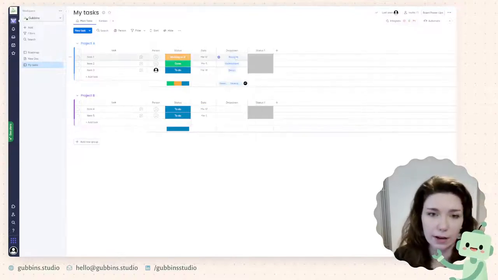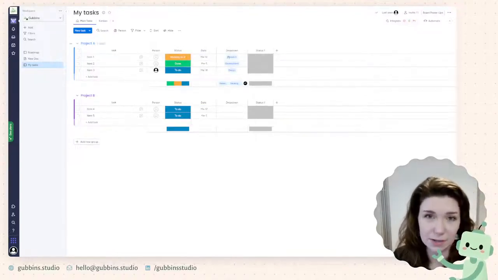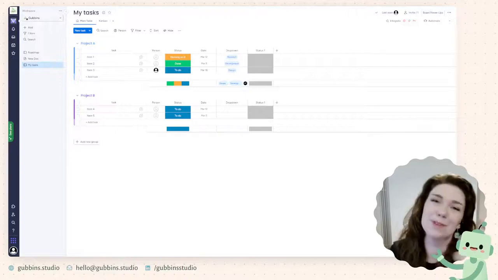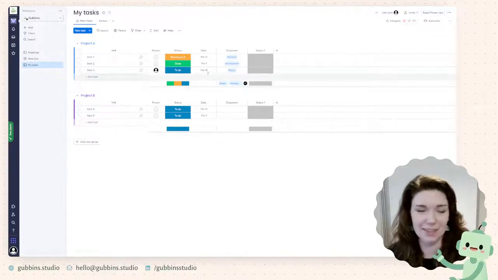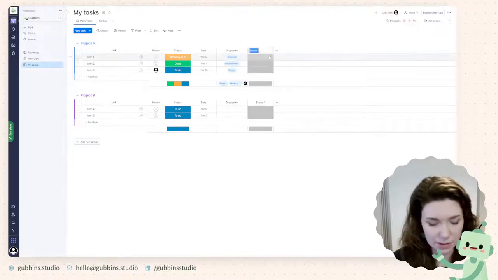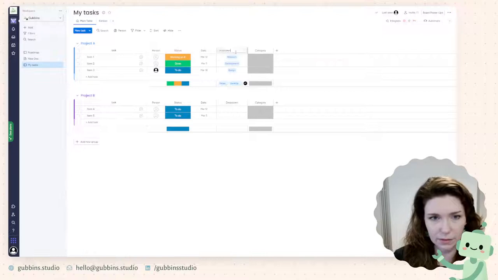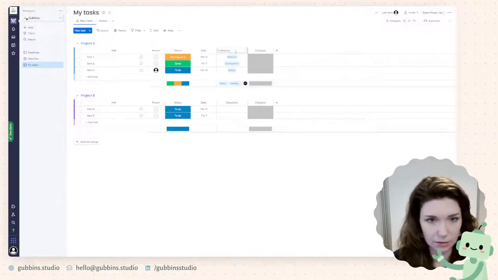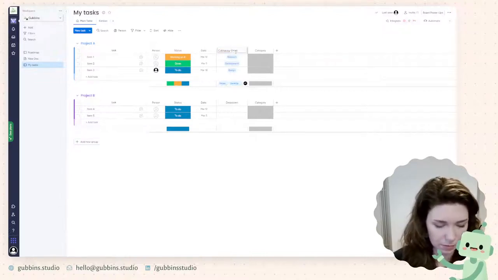Status. Okay, so I have selected drop down here for these categories, which I'm trying to be consistent. They're the ones I used in the other spaces, but if I change this to category, this one would also be drop down.